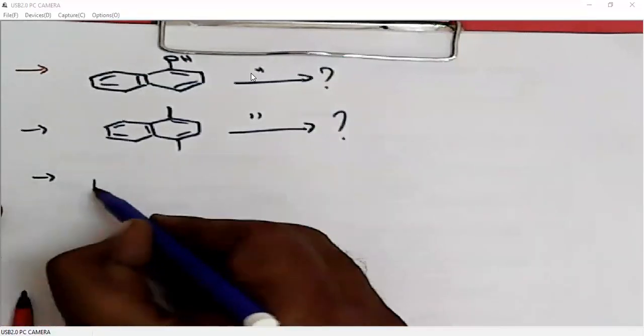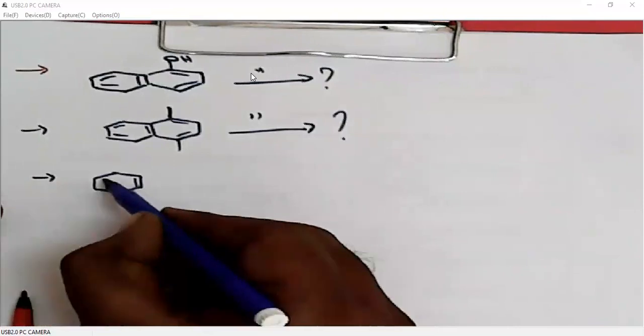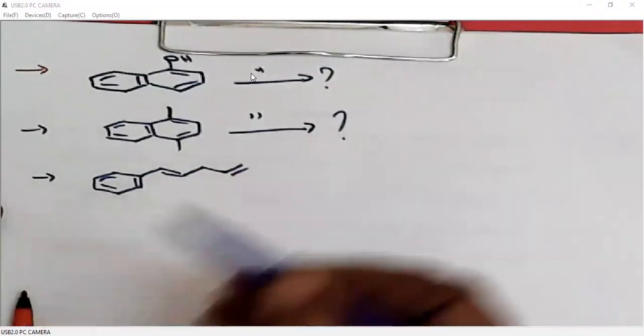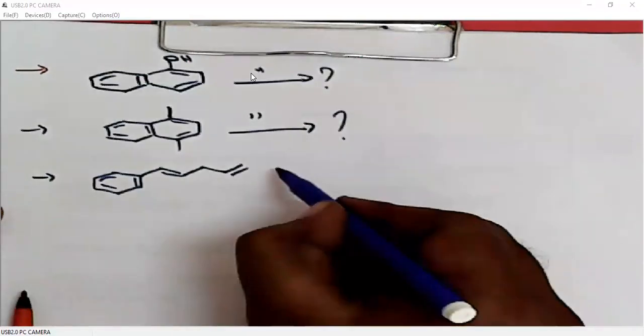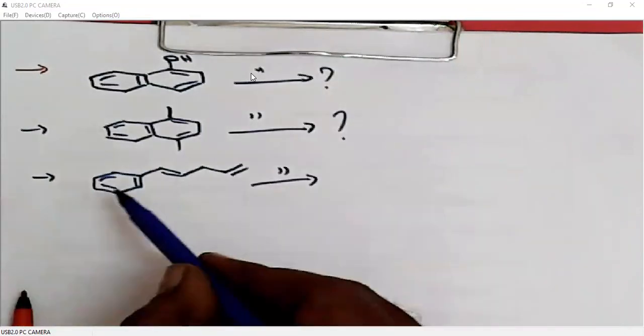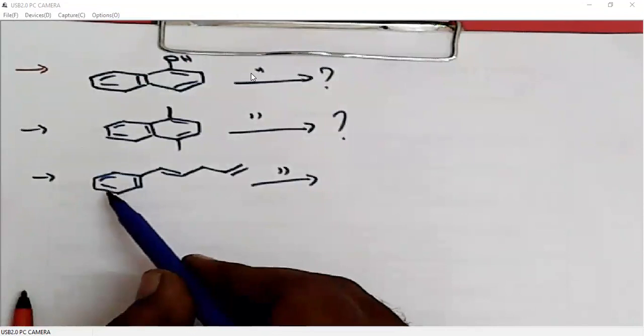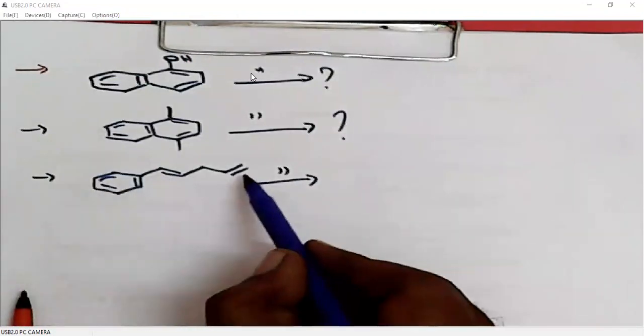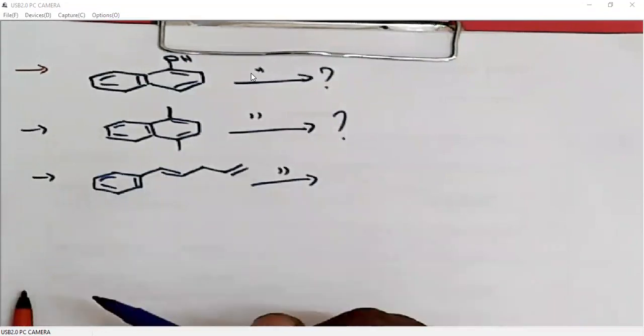What I will discuss is when we have an aromatic ring as well as an isolated double bond, then under Birch reduction conditions, which functional group will preferentially undergo reduction? Whether the aromatic ring will undergo reduction, or the conjugated double bond, or an isolated double bond will undergo reduction.